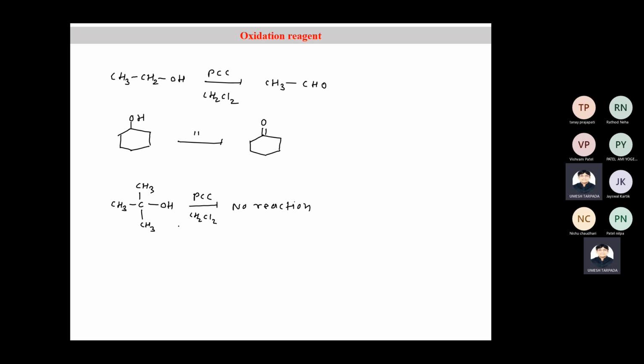The mechanism is again very simple, but we are not going into the mechanism. There is no need to waste time. Or if you still want to understand the mechanism, then I will explain here. It is a very simple job to carry out the mechanism. Why am I explaining the mechanism? Because this is one of the examples of a 3,3 sigmatropic rearrangement. Here it's a 3,3 sigmatropic, and that's why I have written down the mechanism here.